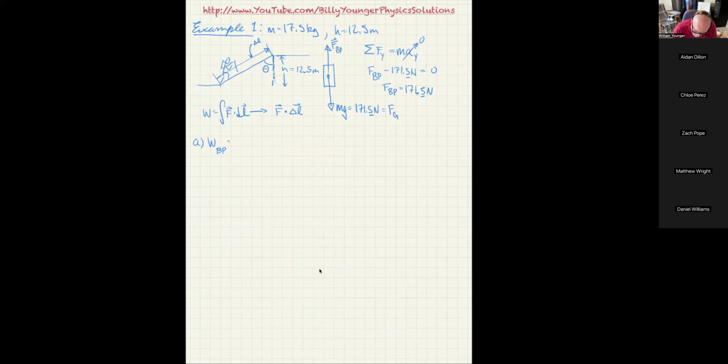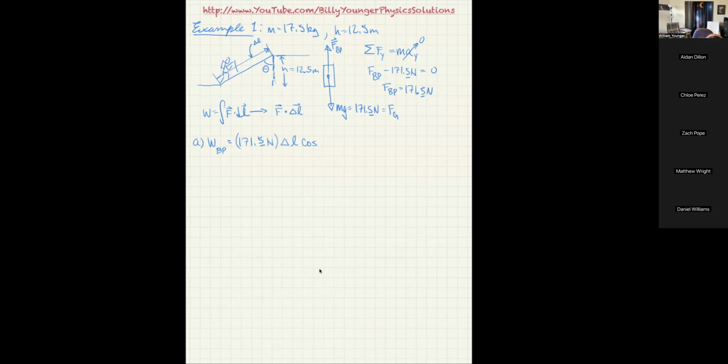And that's going to be equal to 171.5 newtons. That's the force. And in order for us to dot product it, we would multiply the magnitude of that force times the magnitude of the delta L, and then times the cosine of the angle between the two vectors. So I'm going to write cosine, but realize that it's not necessarily the number I'm looking for, because remember the